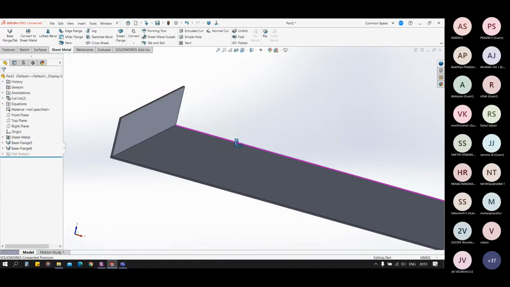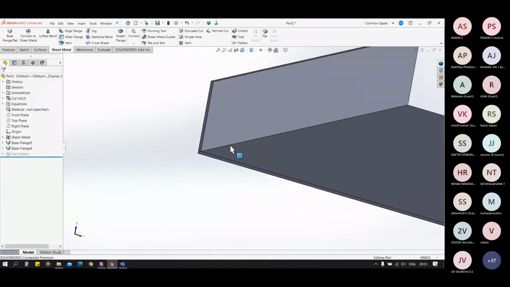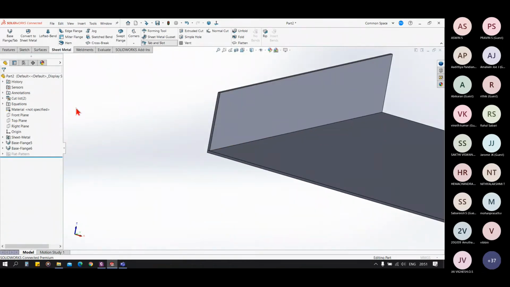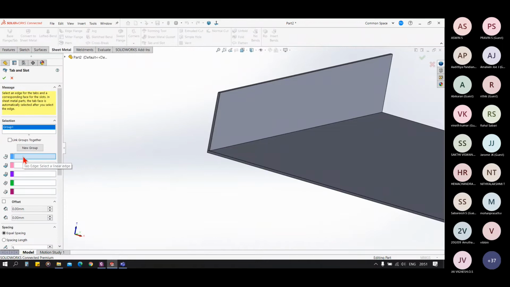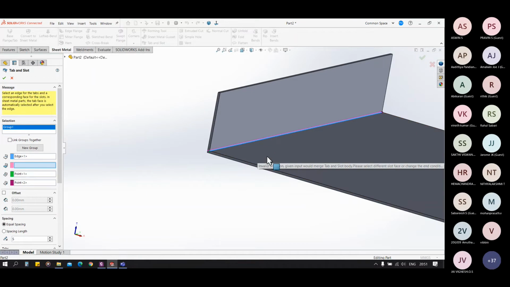Now we have this type of example here for the tab and slot. So for this, in the first box, we have to select the edge. In the second, we have to select the base.